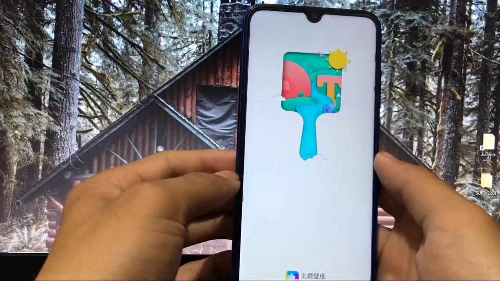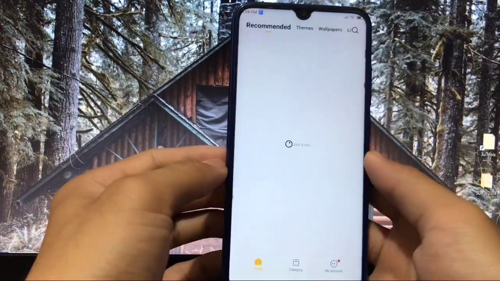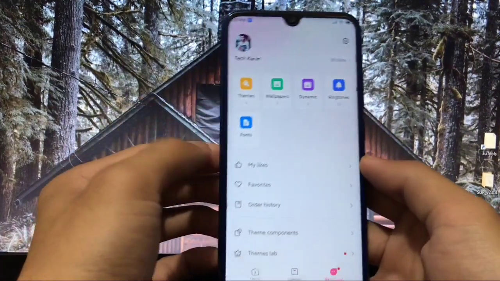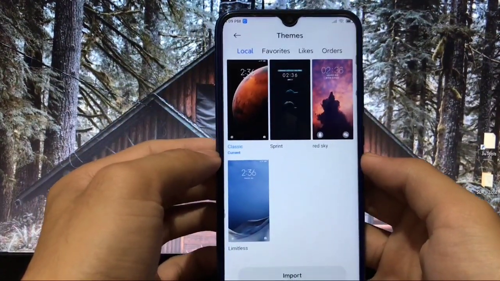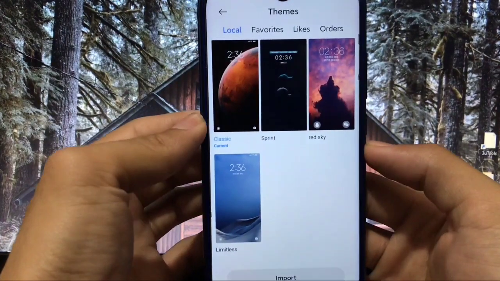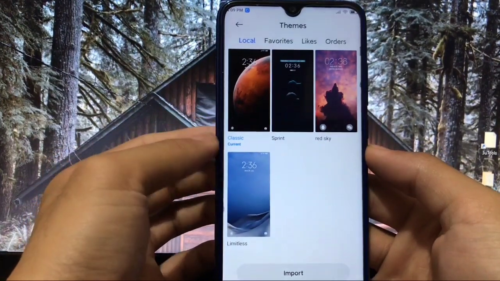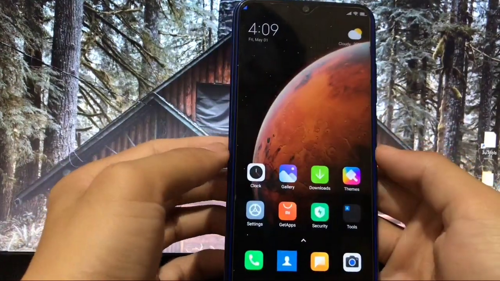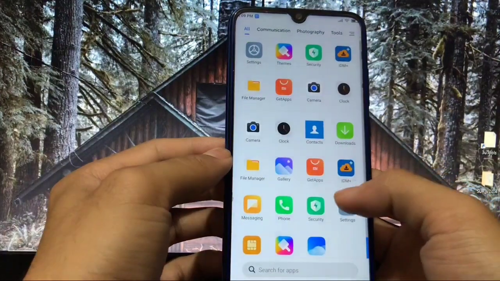If we talk about the theme section, there are theme options available, and one good thing is you can download themes from here. Also, you can apply the themes, but these will not be automatically compatible because MIUI 12 has just been released, so no compatible themes are available yet, but soon we will get those themes officially.